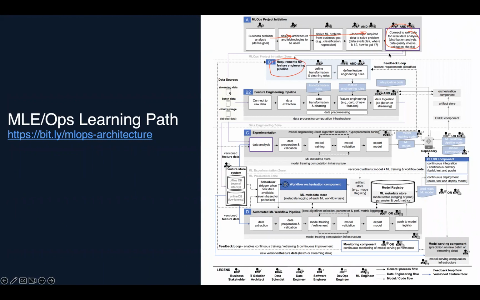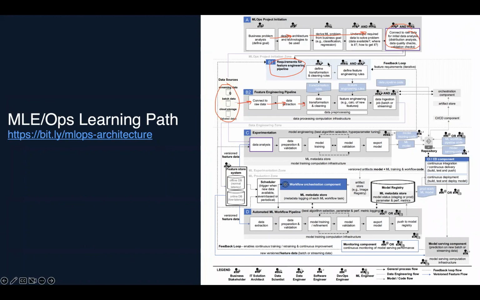So that includes things like data ingestion, just figuring out where the data is, right? So data can come from real-time streaming data or batch data already stored in a database, or through an API, or sometimes data is stored in the cloud. And then data engineers will be connecting to the raw data through some sort of connectors, right? Extract the data, and they will be doing data transformation, right?